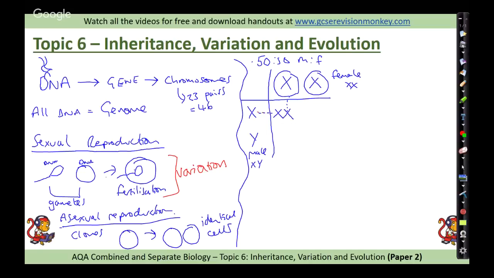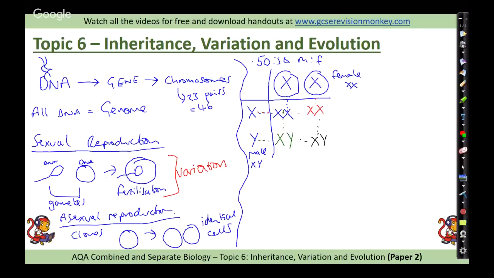This one over here, again, X and X, that makes XX. This one here would be XY, because we've got a Y here and an X here. We normally put the X first rather than saying YX. And finally, this one over here would again be